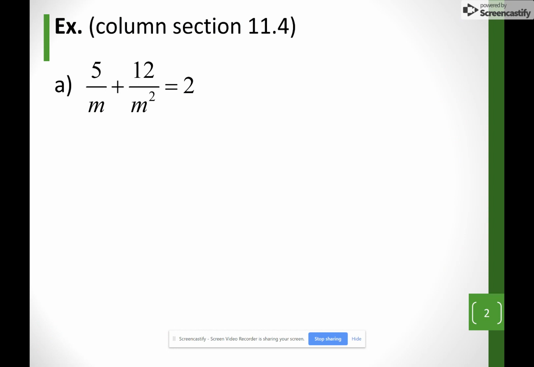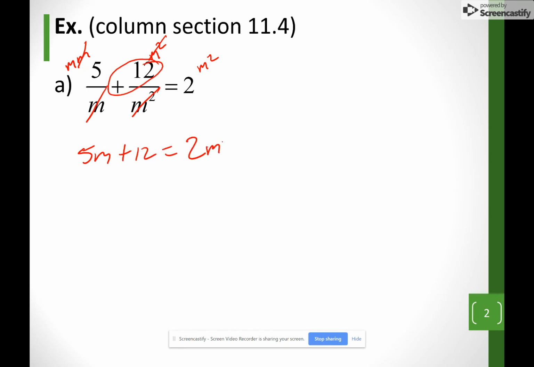Now here, this one, I'm going to multiply everything by m squared. So in fact, on my first fraction, my m squared, I'm literally going to write m times m. Right? My least common multiple, my least common denominator is m squared. On the first fraction, 1m with 1m cancel out. So I have 5 times m. Here, the m squared with the m squared cancel out. So I just have a positive 12